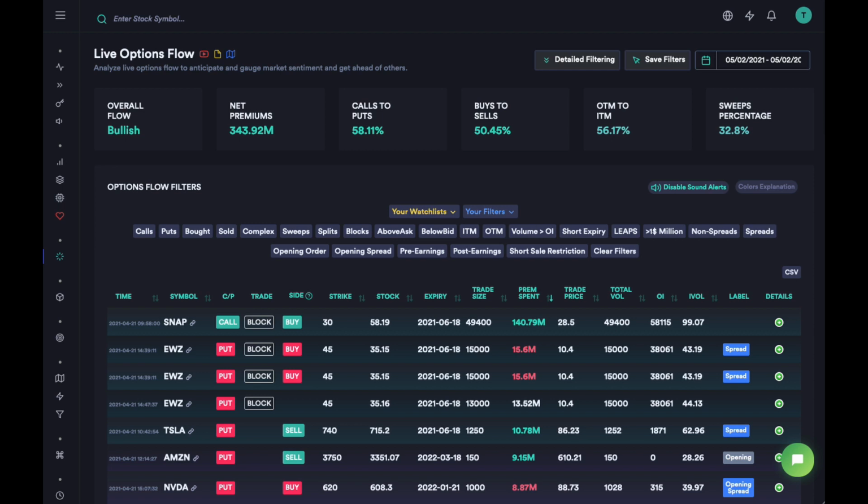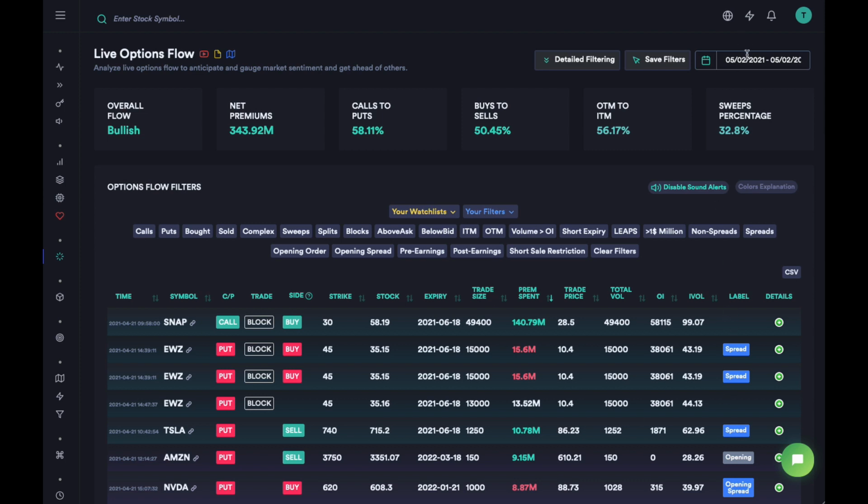So this is going to be slightly different, and instead of looking at the last day's options flow, which was Friday, right now it's May 2nd and the last trading day was Friday, April 30th, and that's why we had to look at April 30th for any intraday trade ideas. But if you're trying to find swing trading ideas, then we need to go back in the live options flow,